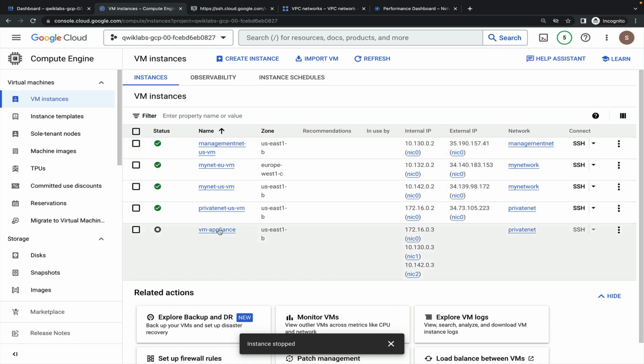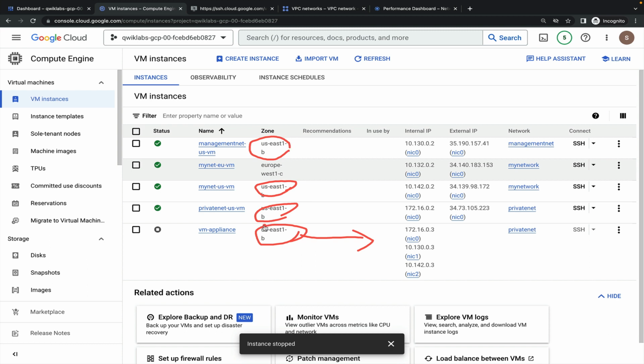The VM appliance which we created is in this particular region, US East 1, and the subnetwork is associated with the same region, US East 1. So those networks in US East 1 and US East 1B are connected, but the other is not connected.